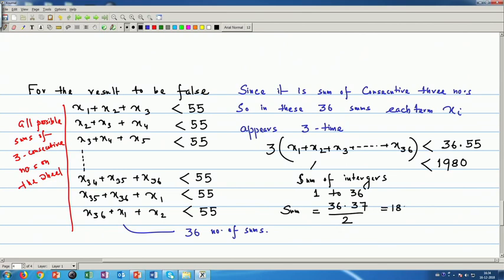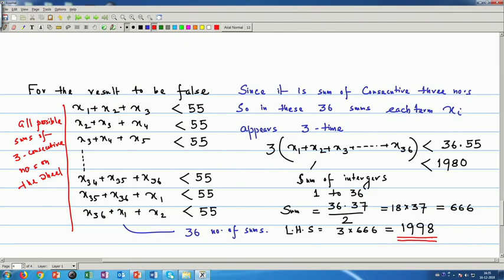18 into 37 is equal to 666. So, my LHS is 3 into 666, which becomes 1998. Now, what we see is that this sum of 36 sums becomes 1998. But if